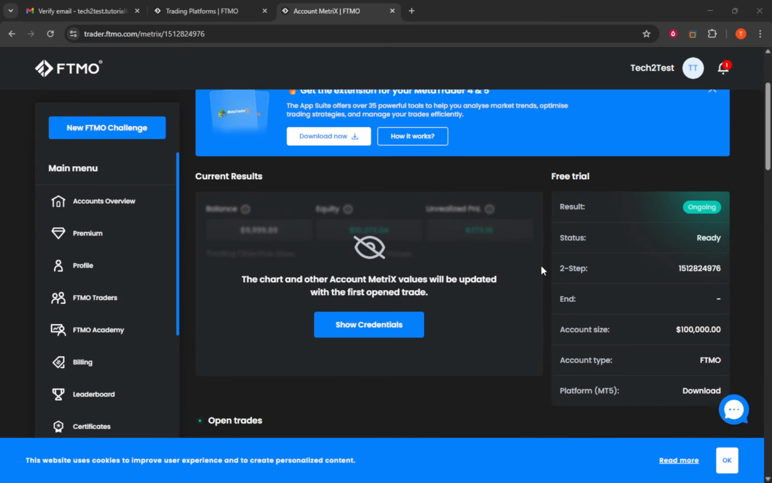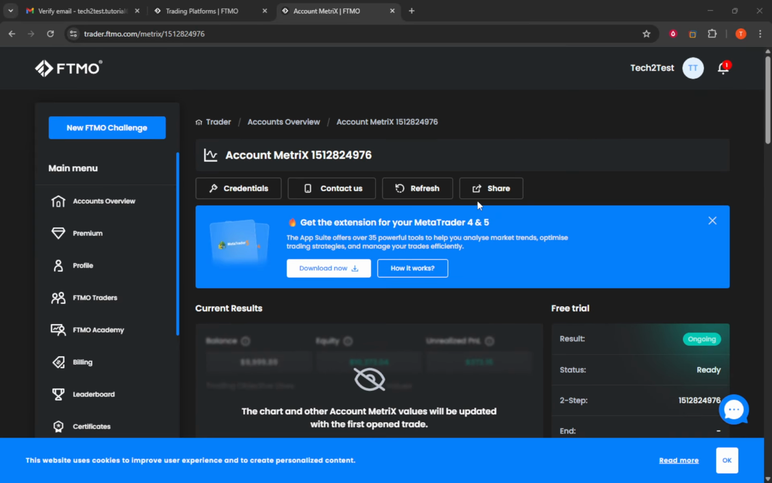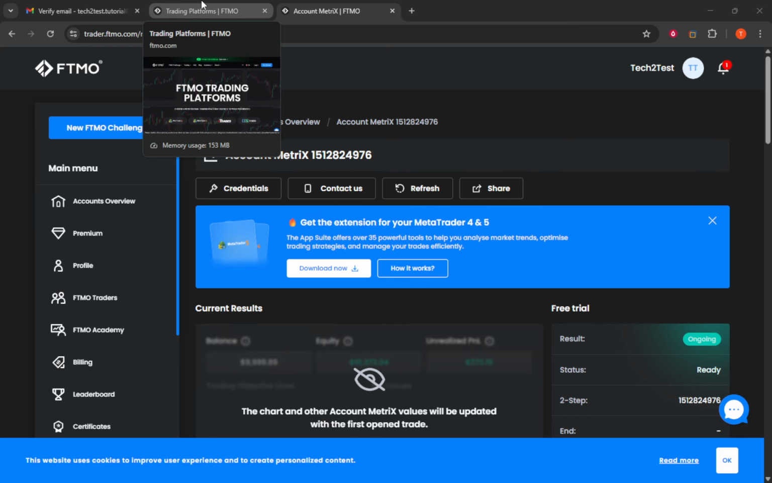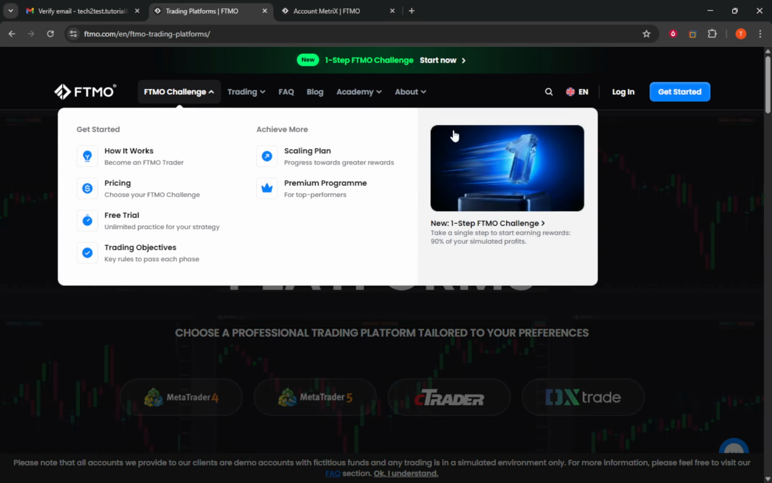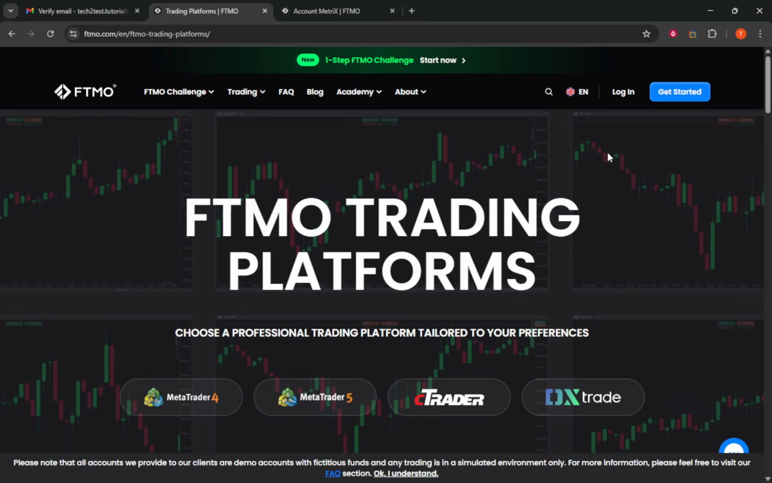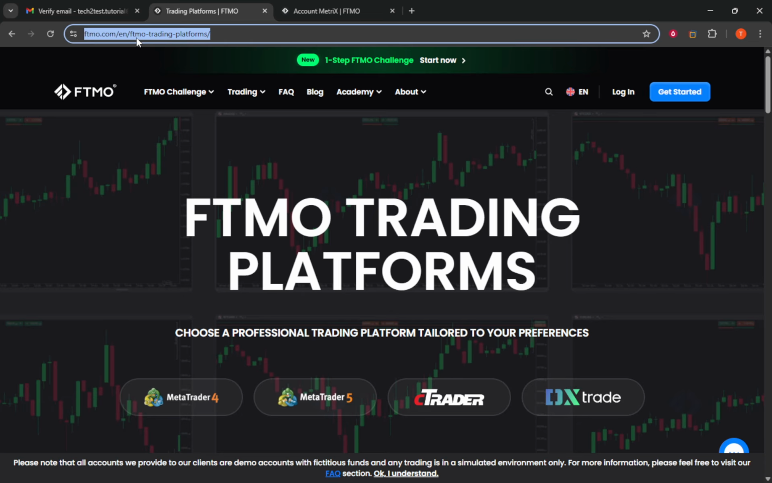MT5 is the trading platform you'll use to place and manage trades, and FTMO requires a version that points to their servers. Getting it from the right place is important to prevent connection errors and to make sure everything works as expected. The first and most straightforward method is to download MT5 directly from the official FTMO platform's page on